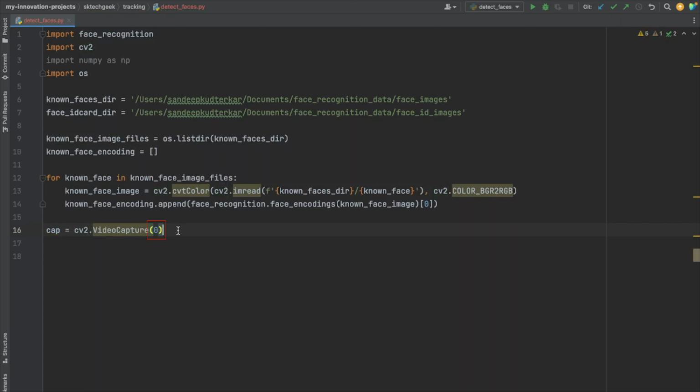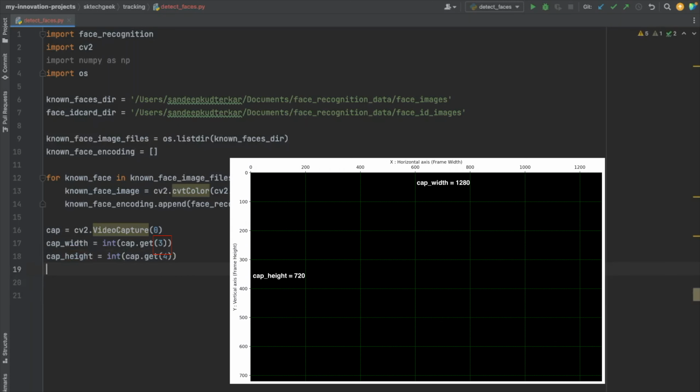We will pass 0 as the index which corresponds to the default camera. This function returns a video capture object that represents the input video stream. This object can be used to read frames from the video input source. Next, let's retrieve the frame's width and height in the video stream by using the get function on the video capture object, passing 3 and 4 as arguments. Here 3 corresponds to the width property and 4 to the height property, and we will store these values in cap_width